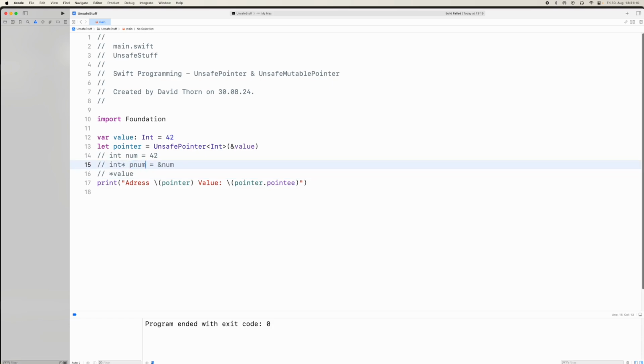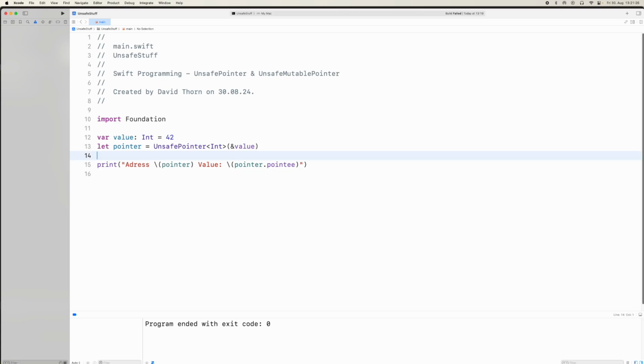Let's just call this pnum rather than that. So we're saying, give me, whoops, and then we put that in there. Let's say we give me the value 42 inside of this one pointer. Okay, so this is the language that we're looking at if you were talking about C and so on. All right, so now that we understand this,